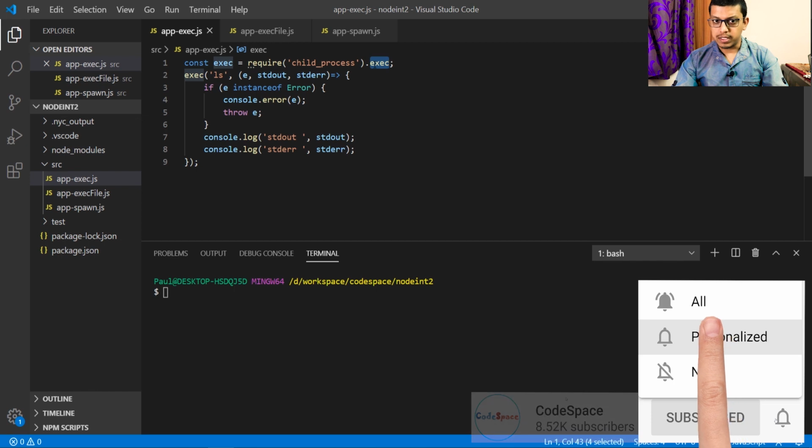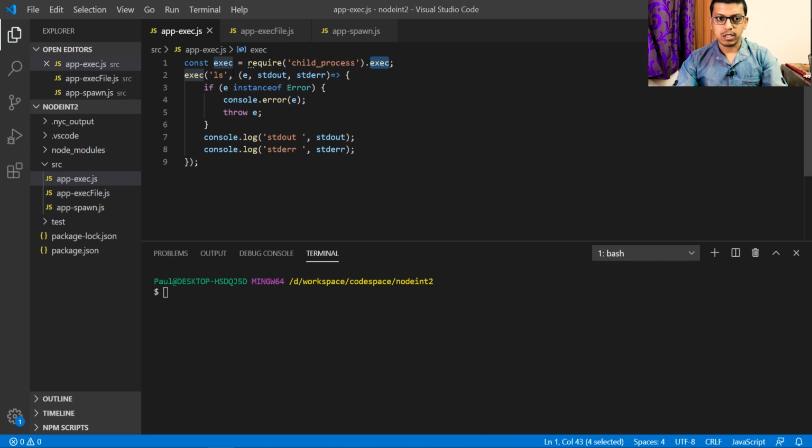So in order to use exec, we need to import child_process, then .exec, and it takes as the first argument the command which we want to use, like ls, pwd, or even we can write node and some child process. And then the second part is the callback, which returns either error or standard output or standard error from the command. Like I used some bad file and that is emitting something like console.log, then in that case it will be in standard out, and if it is emitting some error like console.error, then it will be on standard error. So once we run it,